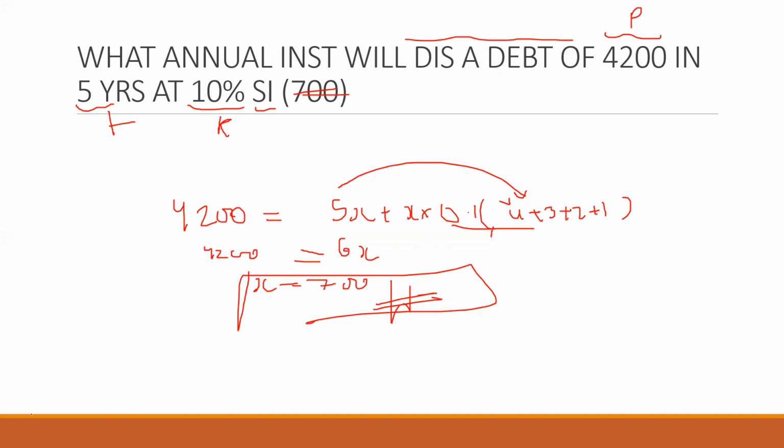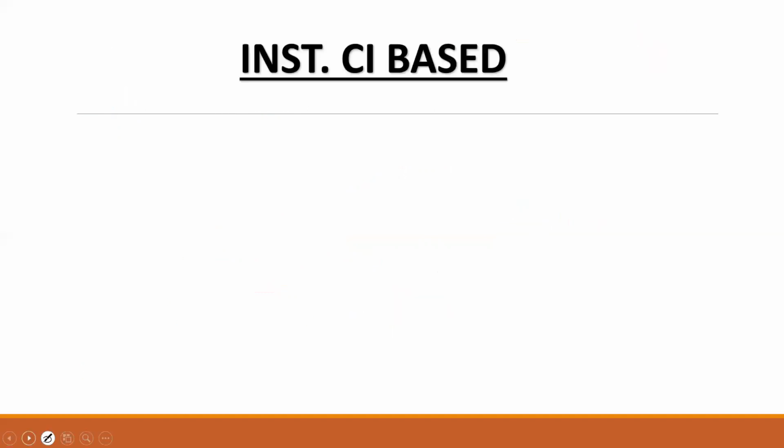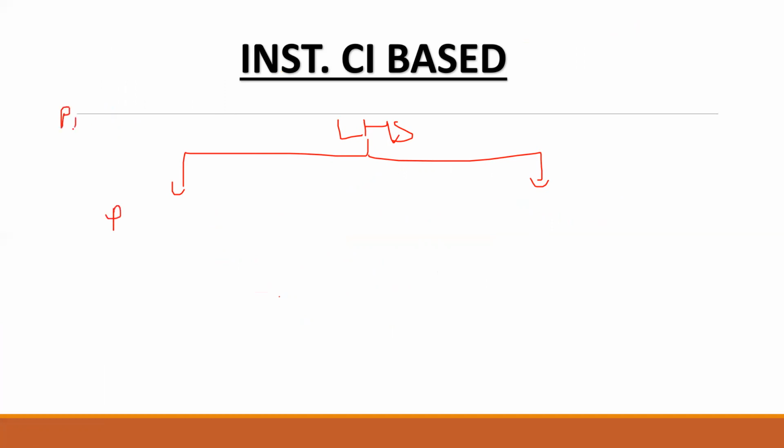ये SI वाला केस रहा। अब आता है CI वाला केस, उसके क्वेश्चन थोड़े अच्छे होते हैं और काफी ज्यादा भी होता है। उनमें भी 2 केसेस आएंगे, ऐसा बताया था एज सेड बिफोर। फॉर द LHS पार्ट, P वही सेम है, P प्रिंसिपल, रेट ऑफ इंटरेस्ट, T टाइम, P 1 प्लस R/100।